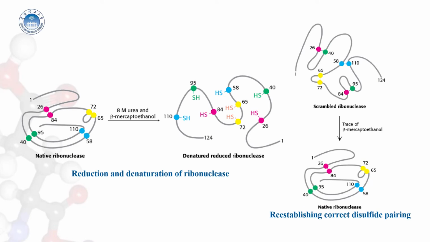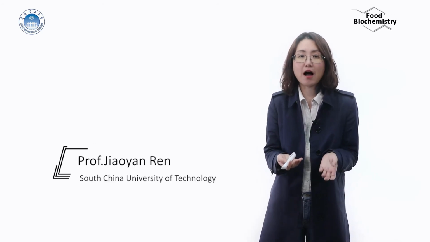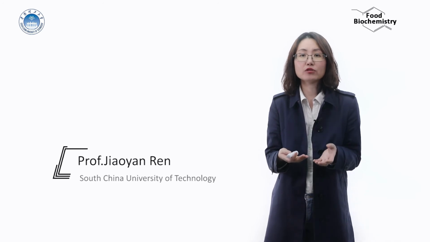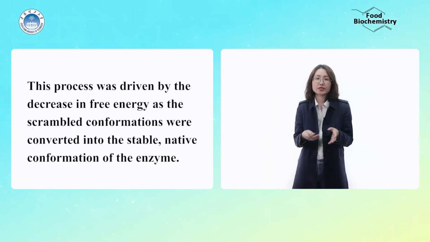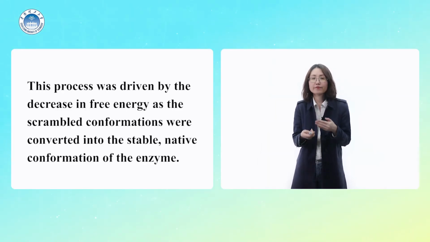So Anfinsen found that scrambled ribonuclease spontaneously converted into fully active native ribonuclease when trace amounts of beta-mercaptoethanol were added to an aqueous solution of the protein. The added beta-mercaptoethanol catalyzed the rearrangement of disulfide pairings until the native structure was regained in about 10 hours. This process was driven by the decrease in free energy as the scrambled conformations were converted into the stable native